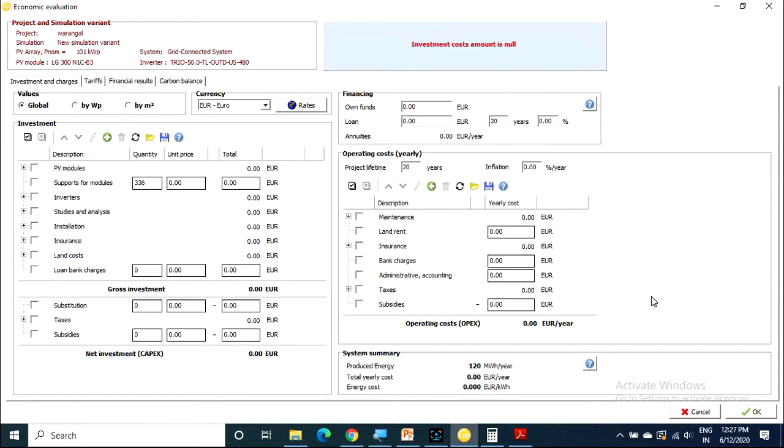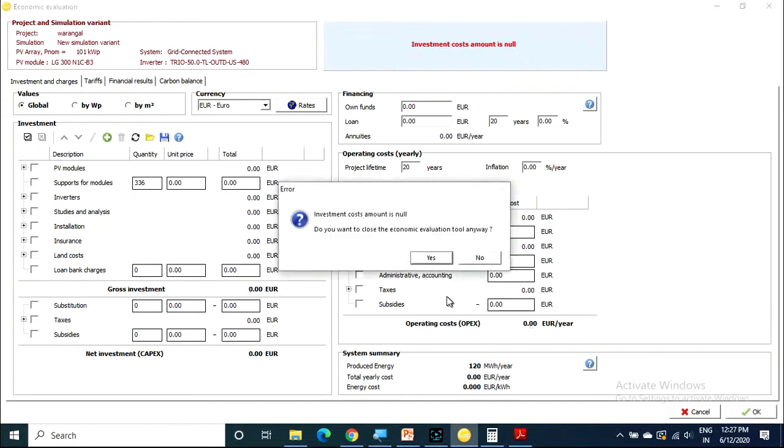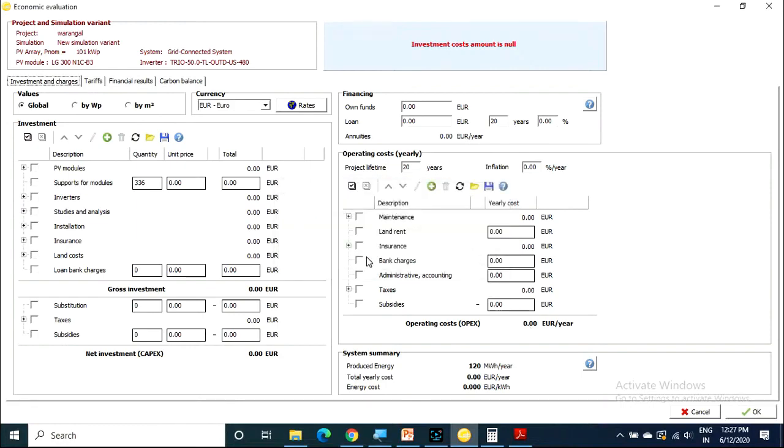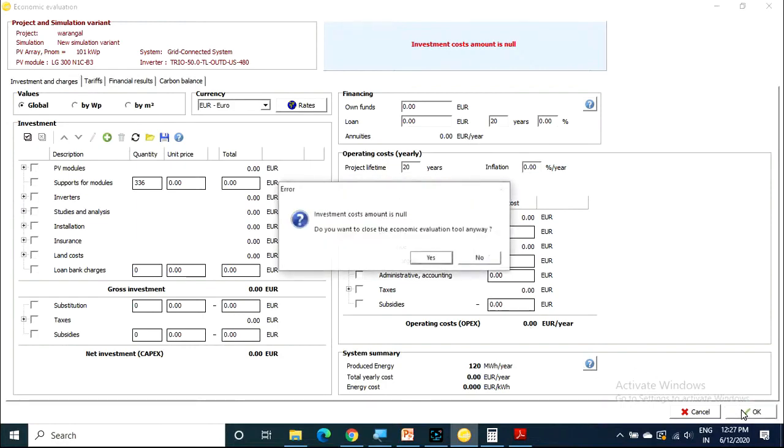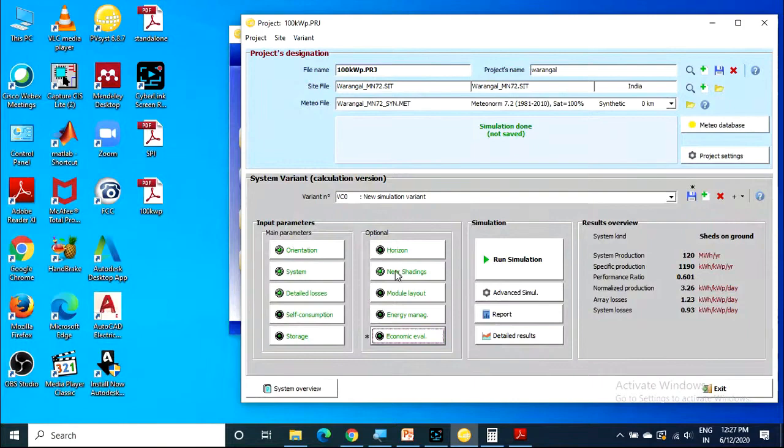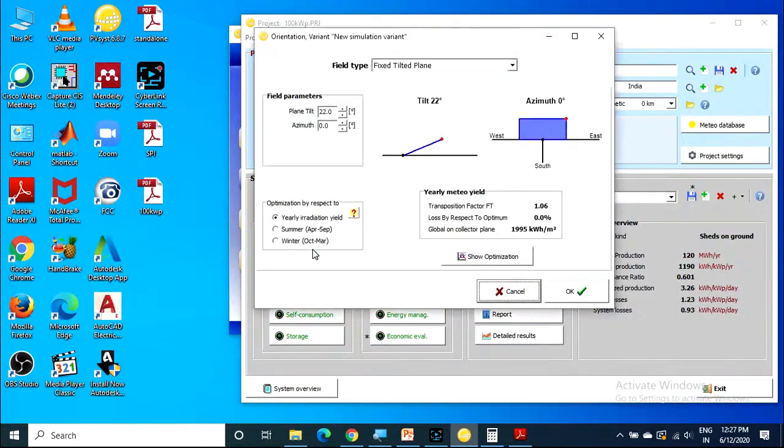Tilt angle means, in the orientation, this is your solar module. You first have to know the orientation, in which direction you have to place your solar module.